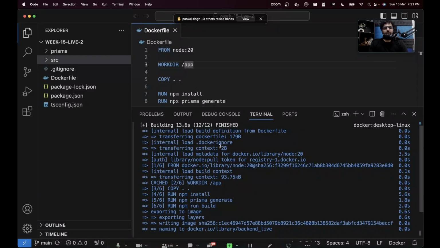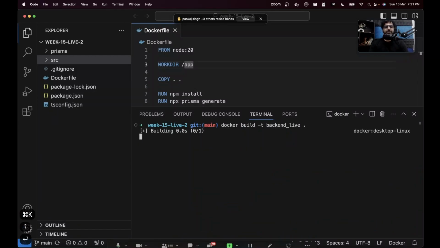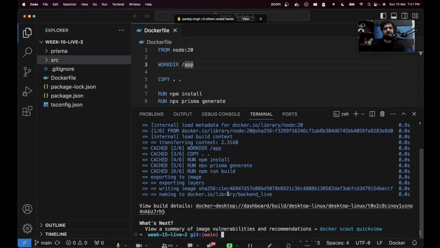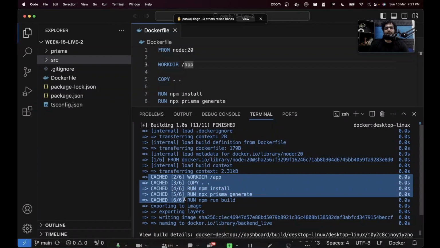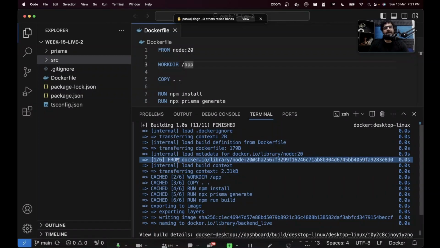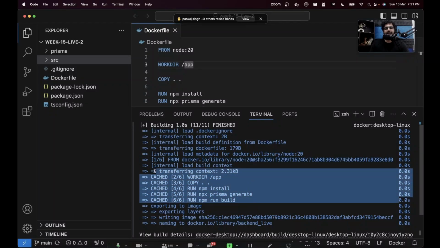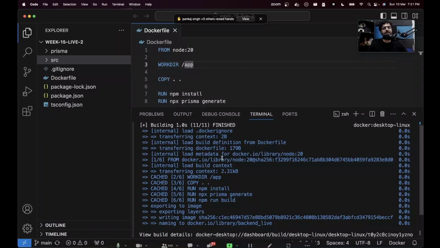Cool. So you might have run this. You might see something else, by the way. You might see this is cached, this is not cached. You might see none of them are cached. Doesn't matter. First time, you might see some random output, but try the same command the second time. Try to rebuild the image another time. And this time you'll see 2 is cached, 3 is cached, 4 is cached, 5 is cached, 6 is cached. 1 is also cached. You don't see it written over here, but everything from here to here is cached. Run it 3-4 times and you will notice